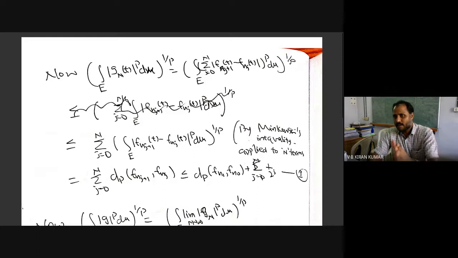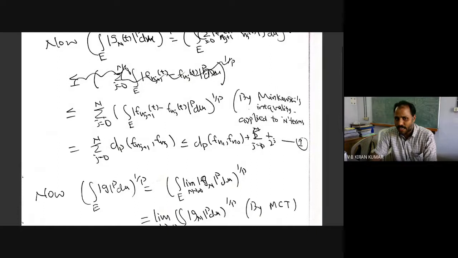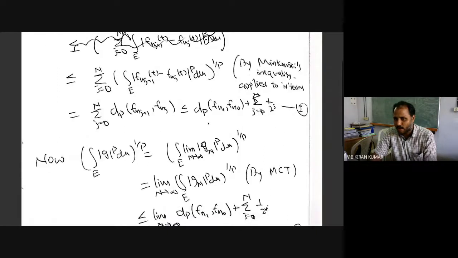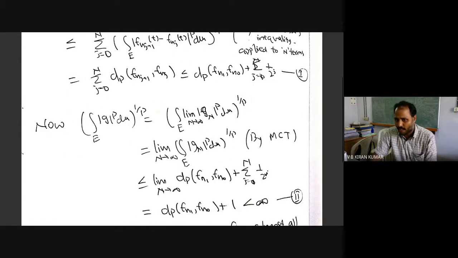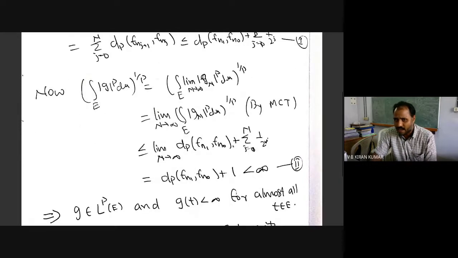Minkowski's inequality, we proved it for 2 terms, but you can easily extend it to n terms. So you have the summation outside, with an inequality, and simply substituting, you'll get this. And for the norm of G in Lp, we apply the monotone convergence theorem here. You interchange the limit, apply this inequality, and finally you'll obtain that this is finite. Is that okay now?